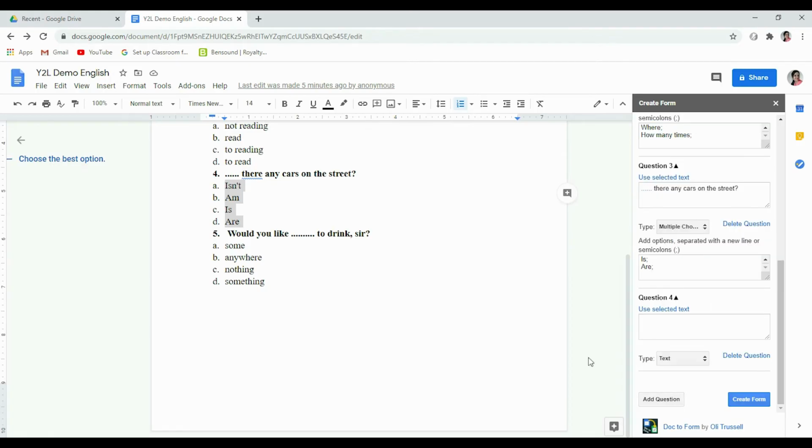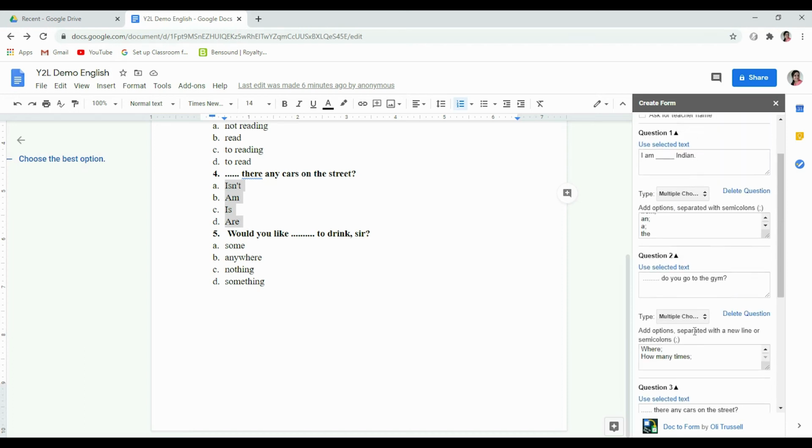Let me add one more question here. You can type your own question here. For example, you thought that let us give a new question here. For example, give an example of metaphor. So this is a text based question, so text you have written and add question if you want to add more. So this is how it would be done.